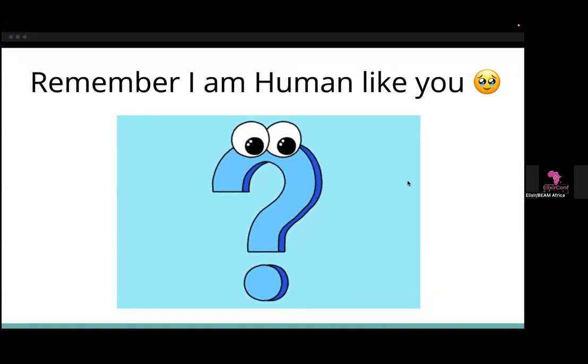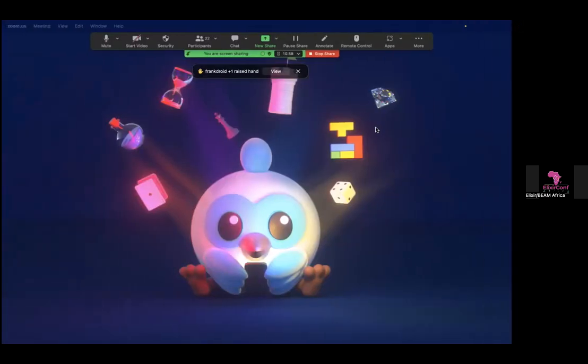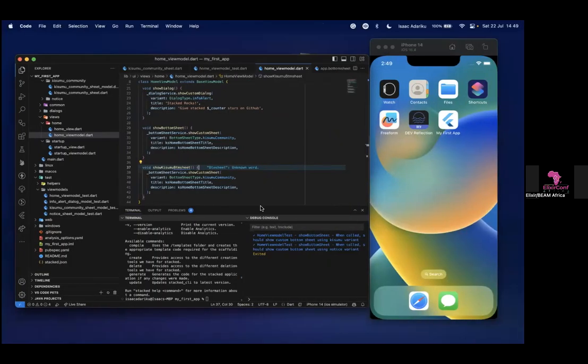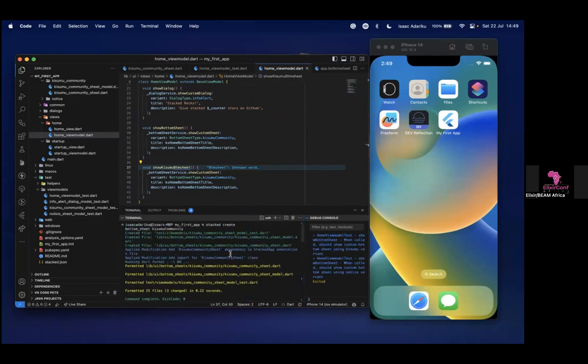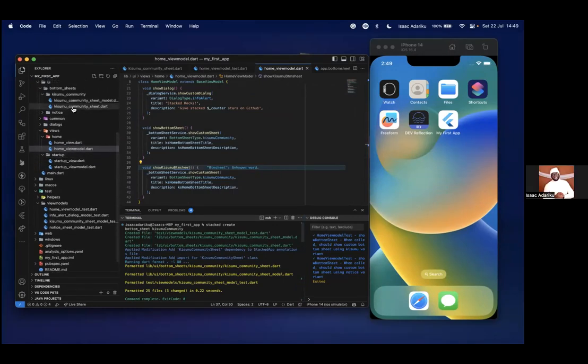Yeah, I think he's muted, but I hope it does too. So I had also another question. I saw when you were trying to create the bottom sheet on the app, you had to run a stacked command. Does it mean that for every piece of UI you need to create, let's say other sections of the app, or maybe you want to add tables, you have to run stacked create tables and so on? Do you always have to run that command to create a new functionality?